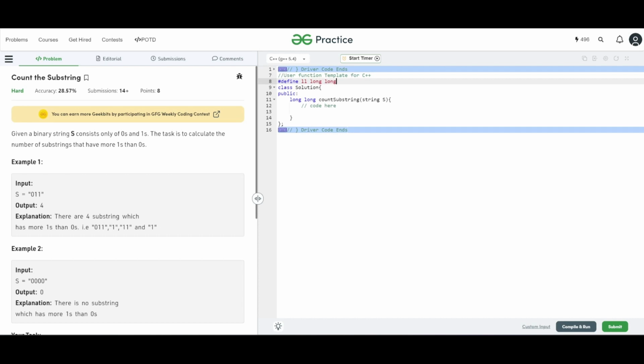In this tutorial, we will be using the merge sort algorithm to solve this problem. We will solve this problem by mapping each 1 in the string to a value of 1 and each 0 to a value of -1. We can then calculate the prefix sum of the resulting array and count the number of inversions in this prefix